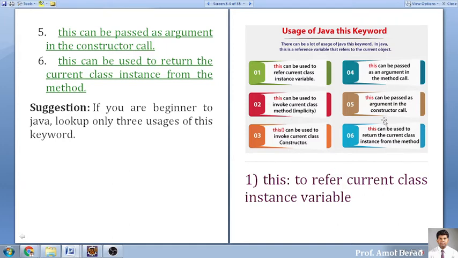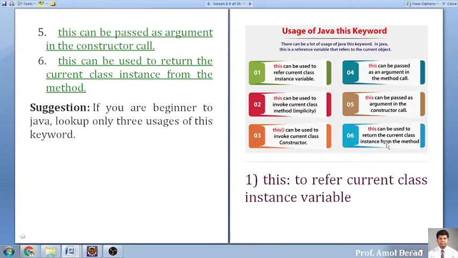Now fourth, fifth, and sixth. What is important is that this can be passed as an argument. You can pass an argument to the method call, and you can pass an argument to the constructor also. So this can be passed within the method, within the rounded brackets, and you can pass it within the constructor also. Two things, I think this is clear. These are correlated with this one. You can call a method and pass an argument within the method also. You can call a constructor and pass an argument within the constructor also.